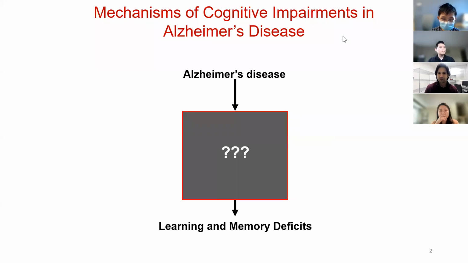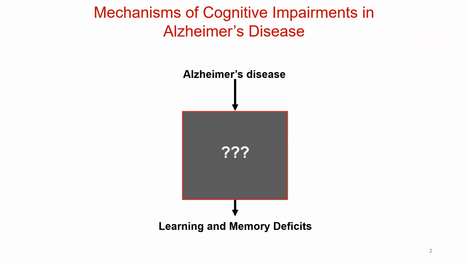You all know that Alzheimer's disease is associated with cognitive impairments. From the start of the diagnosis of Alzheimer's disease to the learning and memory deficit, there are several events that happen during the disease, but they still need to be elucidated. We don't know how the path from Alzheimer's disease to those symptoms, like learning and memory deficit, happens. And one of the candidates